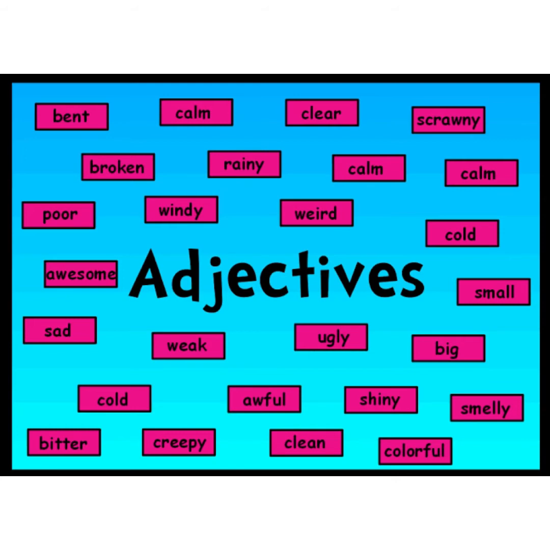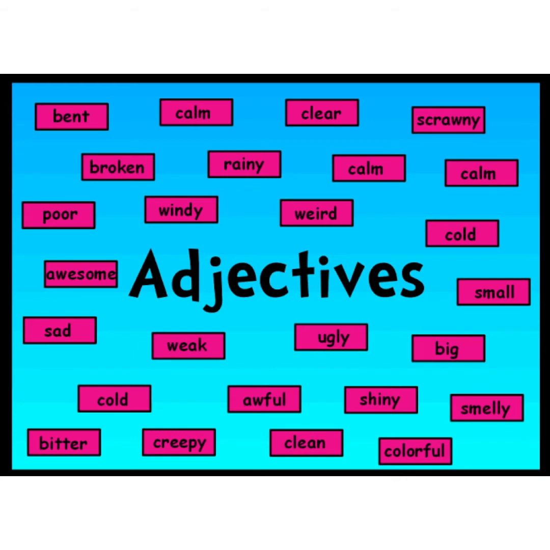In this topic, we are going to learn about describing words or adjectives. Durante este tema vamos a aprender acerca de las palabras para describir o llamadas también adjetivos. An adjective is a word that describes a noun or a pronoun such as a person, place, thing or idea. Un adjetivo es una palabra que describe a un sustantivo o a un pronombre, que puede ser una persona, un lugar, una cosa o una idea.